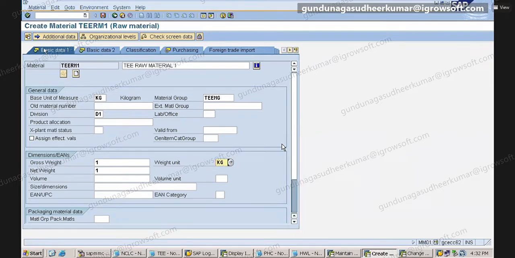First basic data view I have given. Okay, done. Next, go to basic data 2.